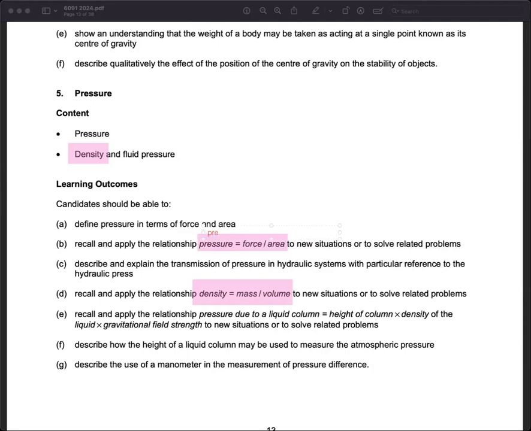Maybe I will just rewrite here again. Pressure is the amount of force acting per unit area. Now I want you to use the same idea. Tell me what is the definition of density. Can everyone do that now? Pressure is the amount of force acting per unit area. So can you tell me what is the